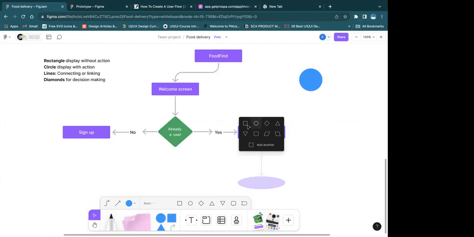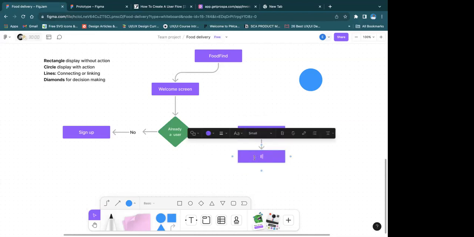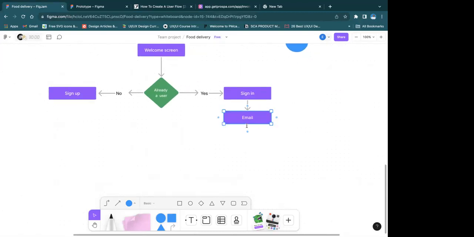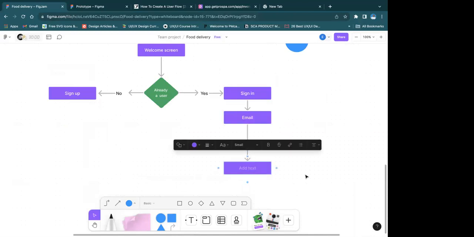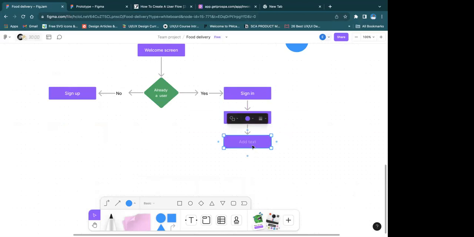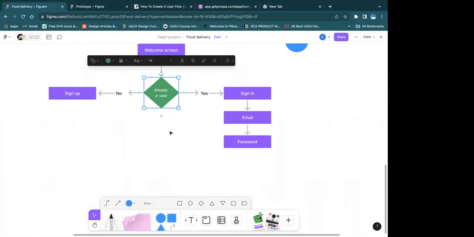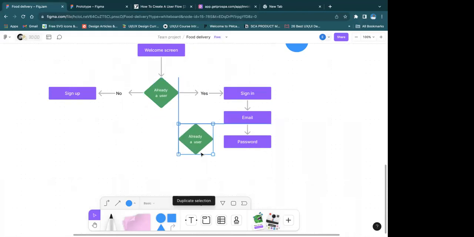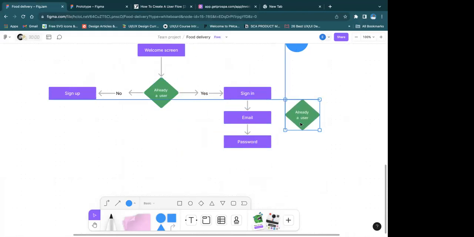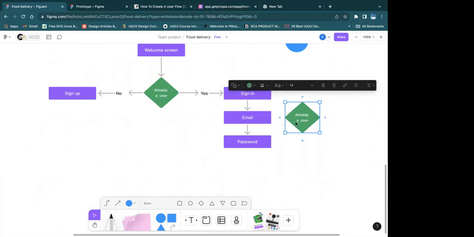So you can just say for signing you need to include email address, you can decide to still extend it, email address and password, and then we can bring a decision here, which is email address correct or